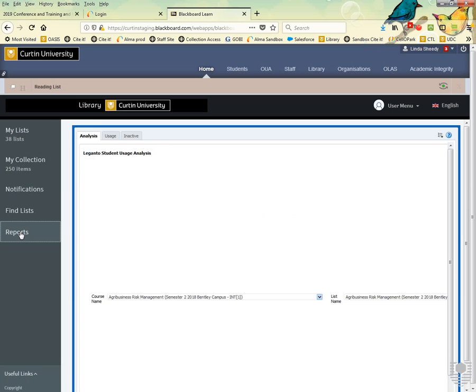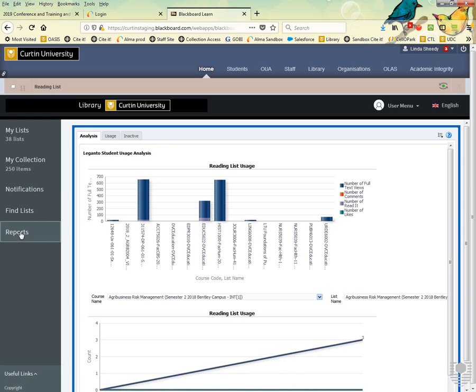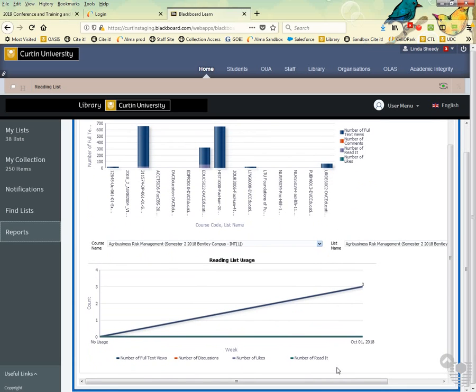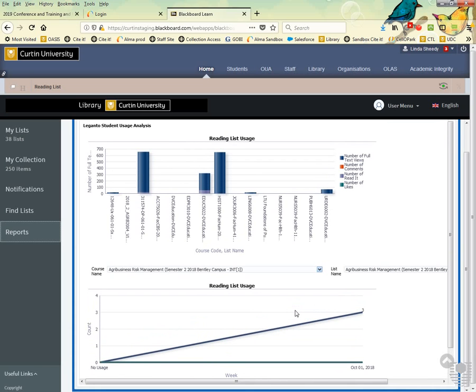So you can see what your reading lists are doing, you can see what it does over time. You obviously can't get any information about actual students because that's not compliant with the way Curtin deals with its student data. And if I click on these titles, I can actually go into the reading lists